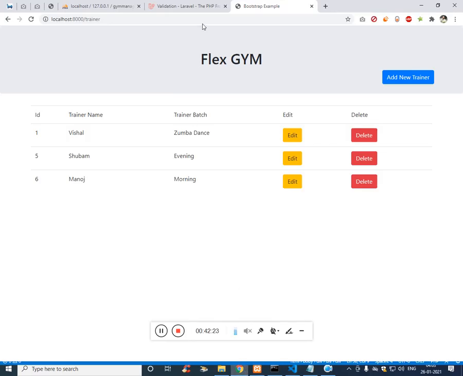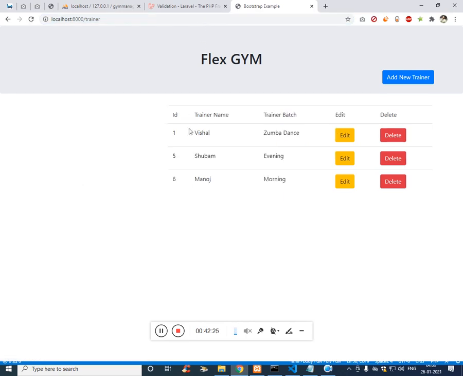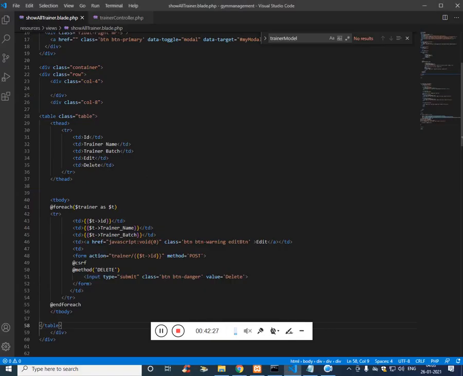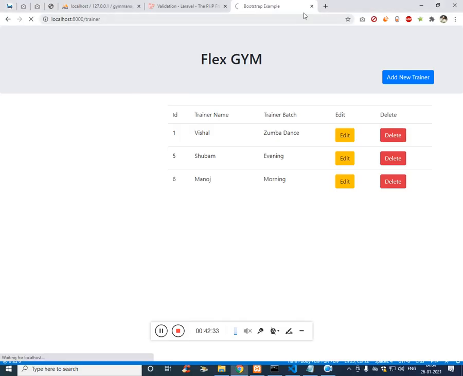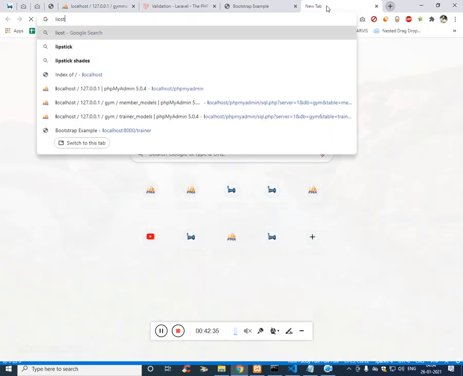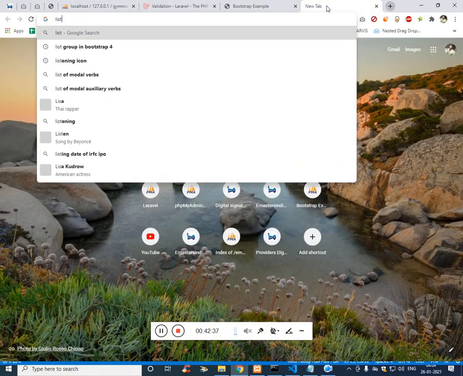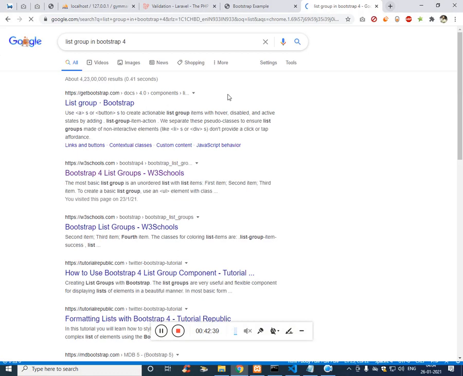Let's refresh and see how it looks. Instead of col 8 we have to use col 10, and this is going to be col 2. Now let's use the bootstrap class list group so that we can use the anchor tag.